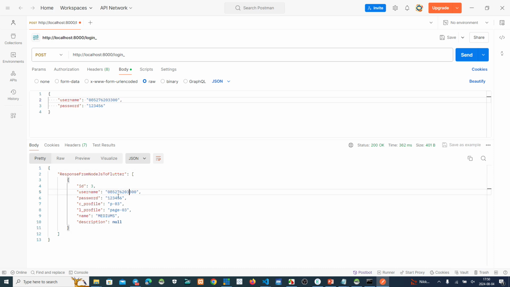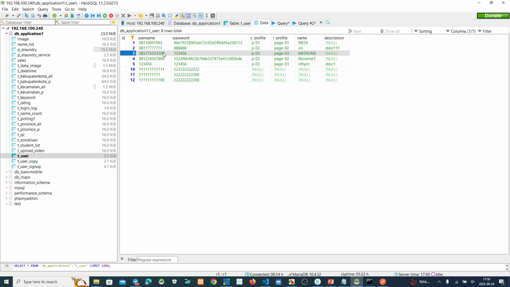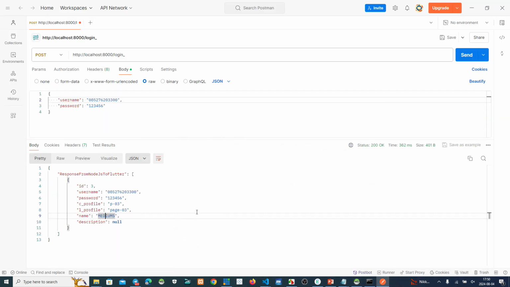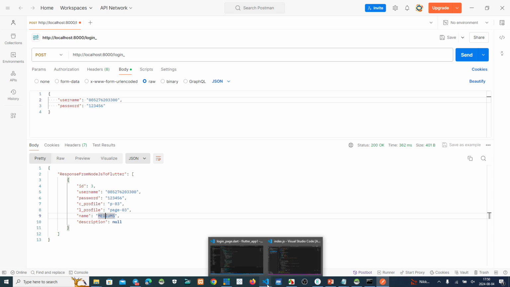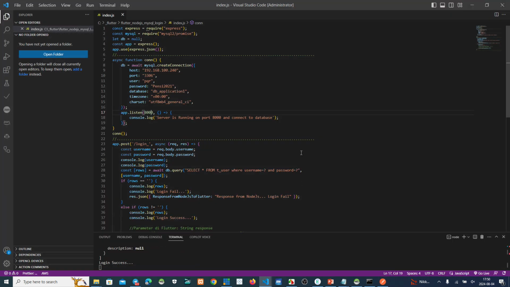This is the username, this is the password, and then we carry all fields from this table. The name is medium. We can see it from this database. This is my name. Now, if we use Postman, correct. Okay, now back to the server.